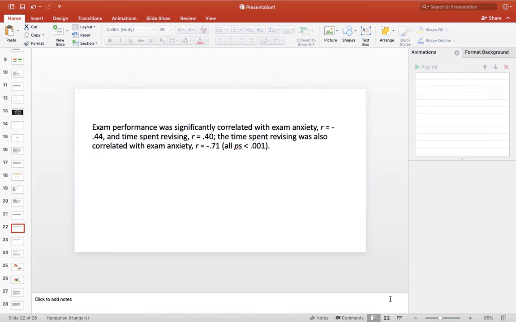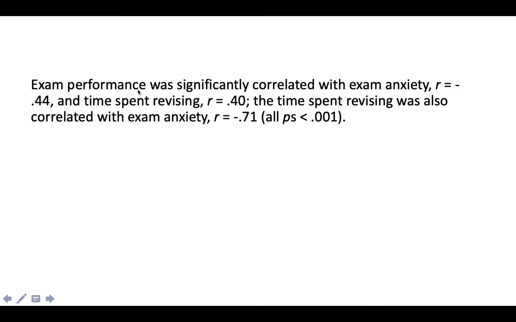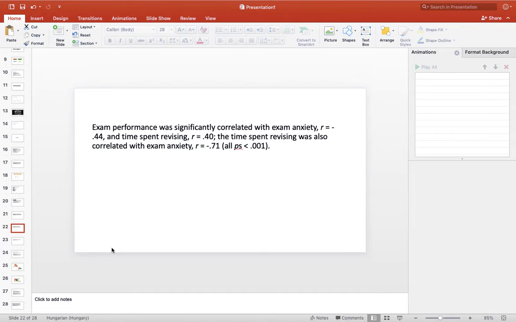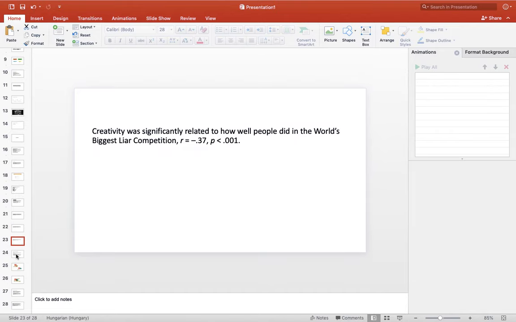How do you report on this? This is how. So exam performance was significantly correlated with exam anxiety. The correlation coefficient is a small r, it's negative, and time spent revising, yeah, also significantly correlated, and the time spent revising was also correlated with exam anxiety, and you can see this is a very strong correlation, and all p's, which is probability, the significance, was smaller than 0.0005. What you can also calculate is